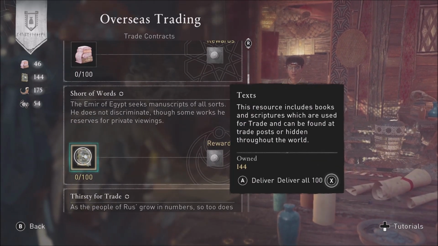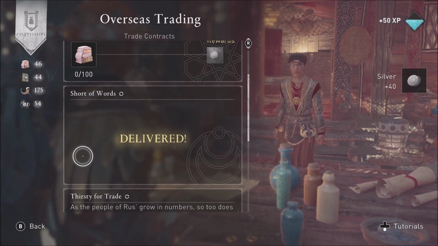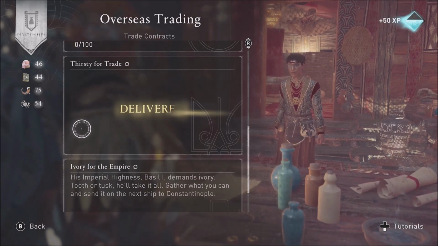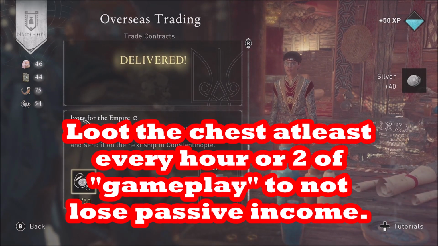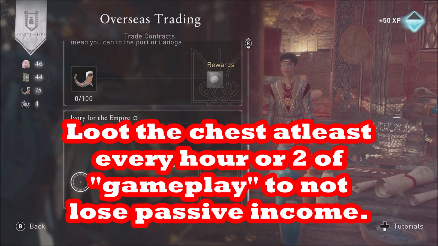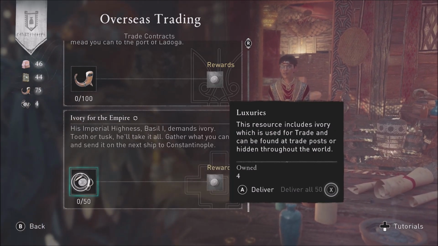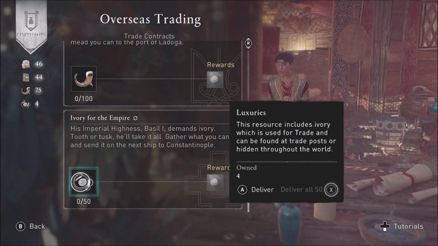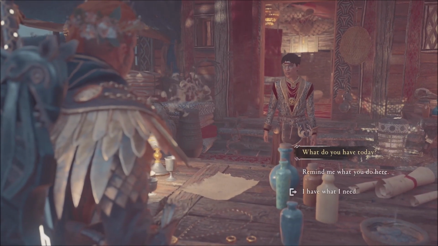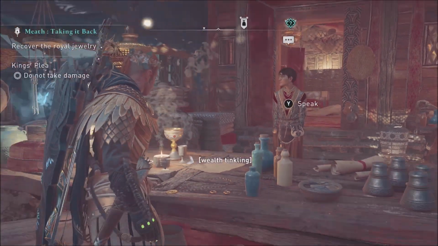And then you always want to loot the chest, sell all the 100 lots or 50 lots that you can to Azar, so you can bank your money. Although looting the chest is more important than actually selling to Azar, because you can have unlimited quantities of these items in your inventory. You just have a limited amount that accrues to your chest, and once your chest gets full, with the chest that sits next to Azar, then you're not going to get any more income from